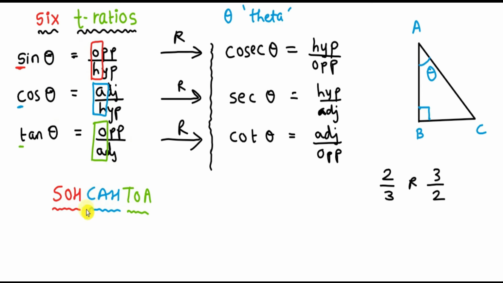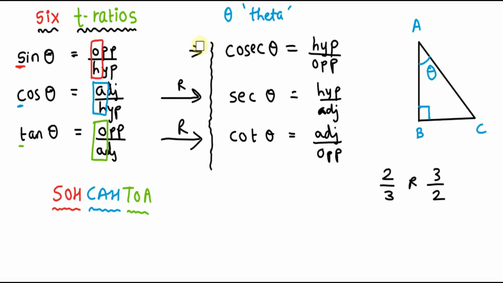So if we know the reciprocals properly, and if we know SOHCAHTOA, we can get all six ratios very easily. So from SOHCAHTOA, we can get sine, cos, and tan, and all we need to do is remember the reciprocals. For cosec, we will take the reciprocal of sine, for sec, we will take the reciprocal of cos, and for cot, we will take the reciprocal of tan to get their ratios. I hope that is clear. Now let us understand how to apply these ratios in a given triangle.